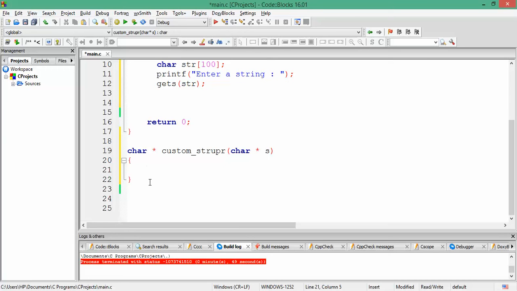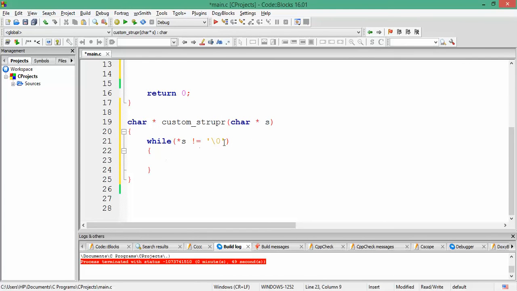So if the character is a lowercase character, then we are going to deduct 32 from its ASCII value and store it in the same place as the lowercase version. So we would write a loop which would let us iterate over all the characters of the string, and the loop would end when s starts pointing to the null character, that is the terminating symbol of any string in C.